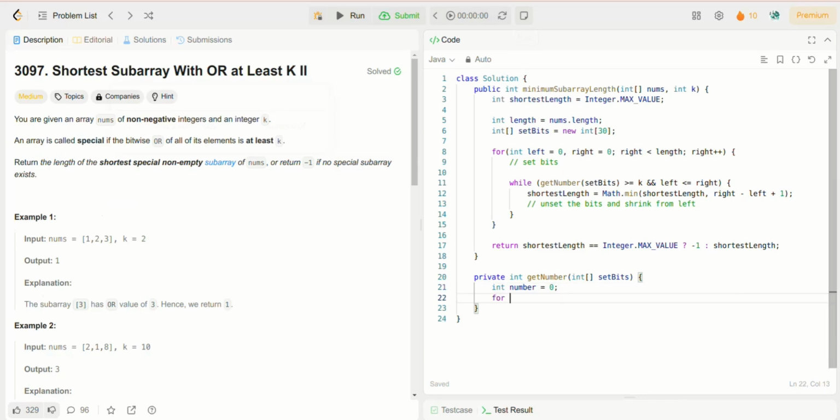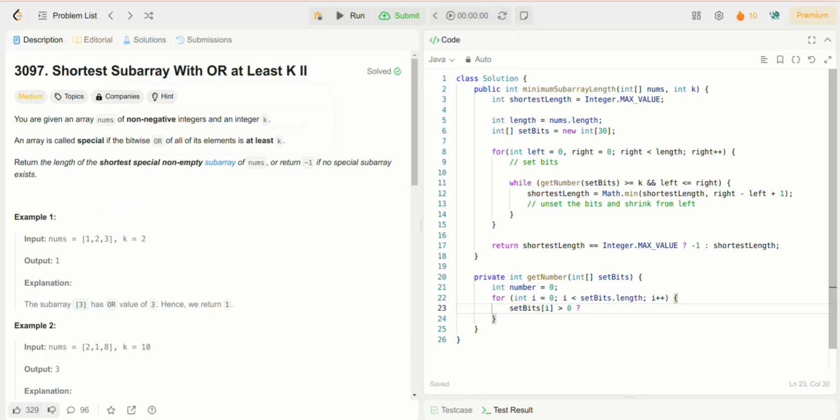We'll go all the way till the length, and if at any position the bit was set, then only we have to include it in the result. So if set bits of i is greater than 0,